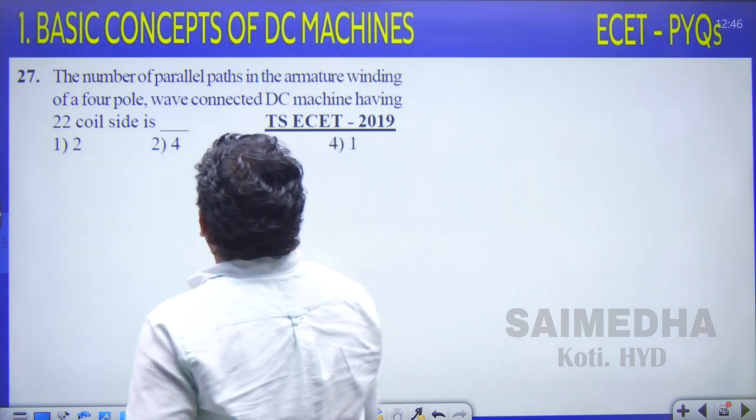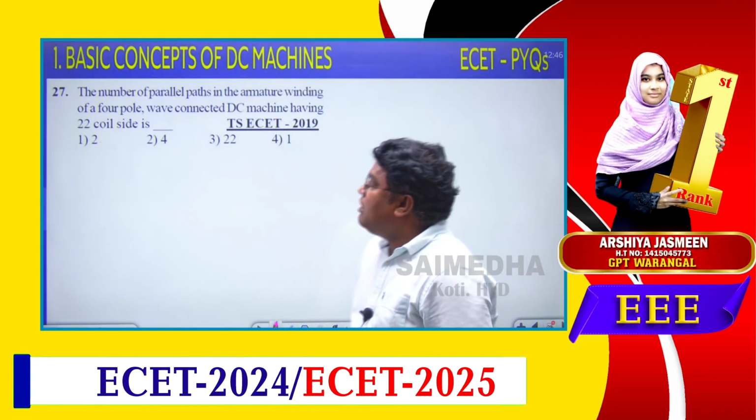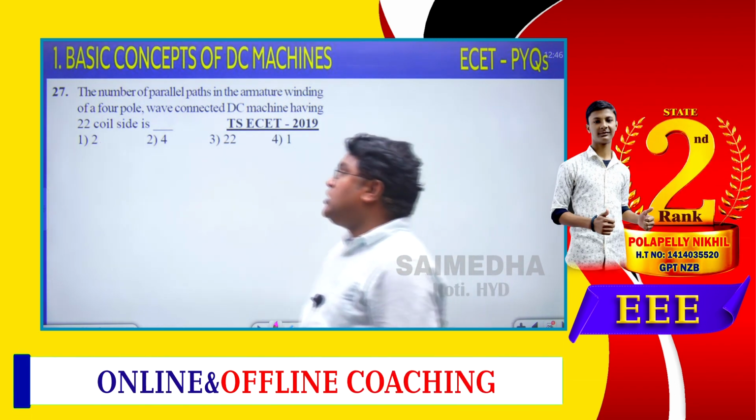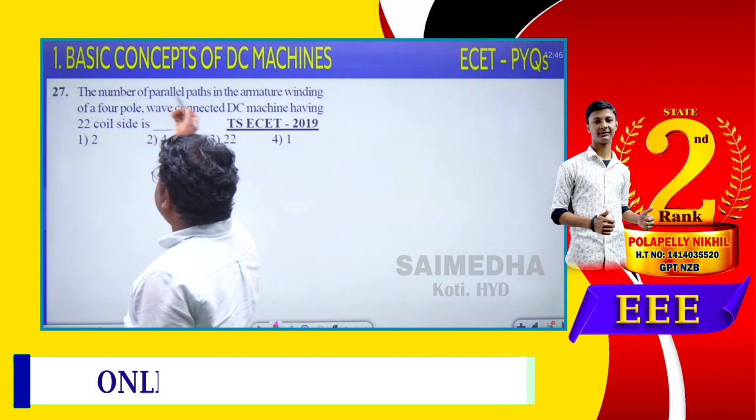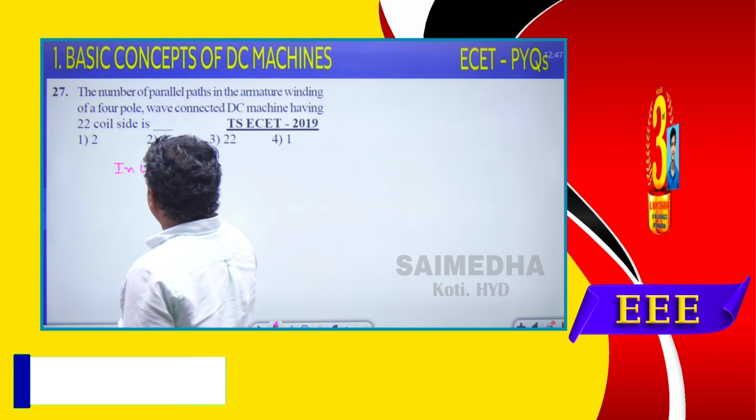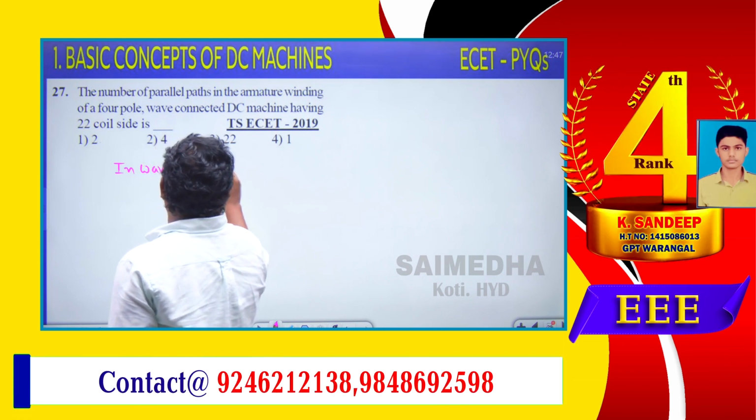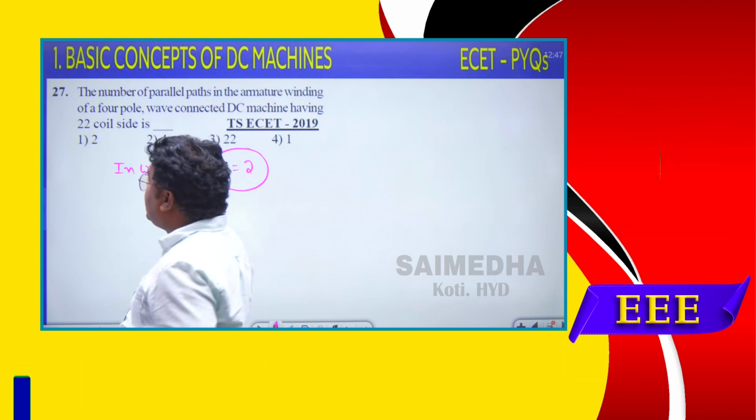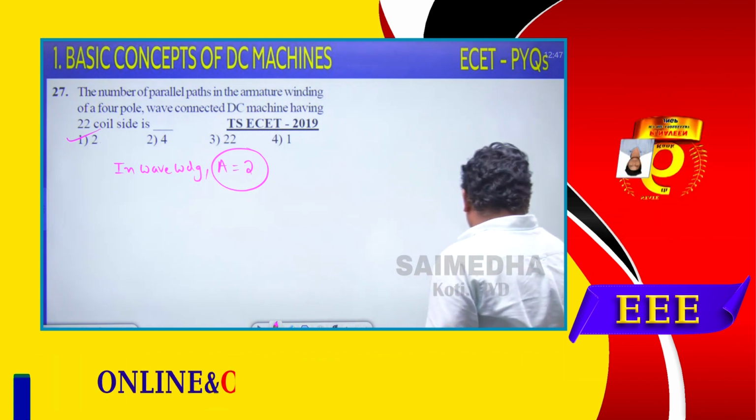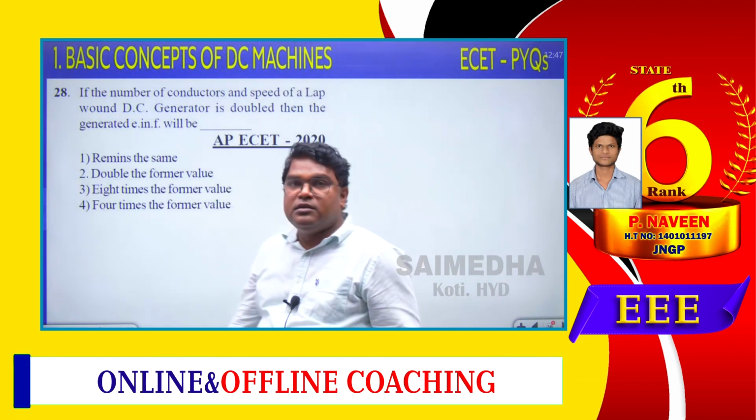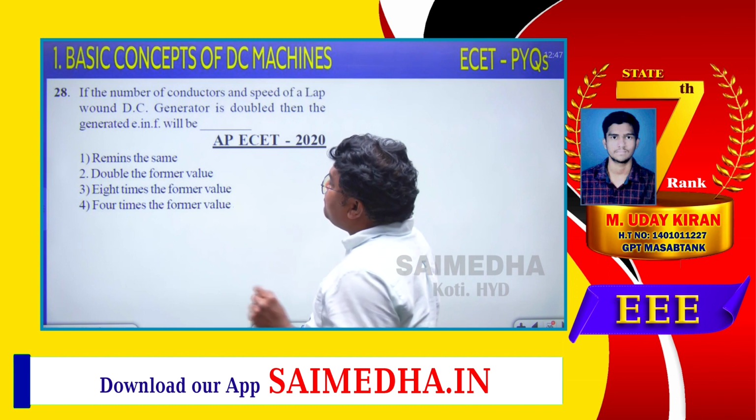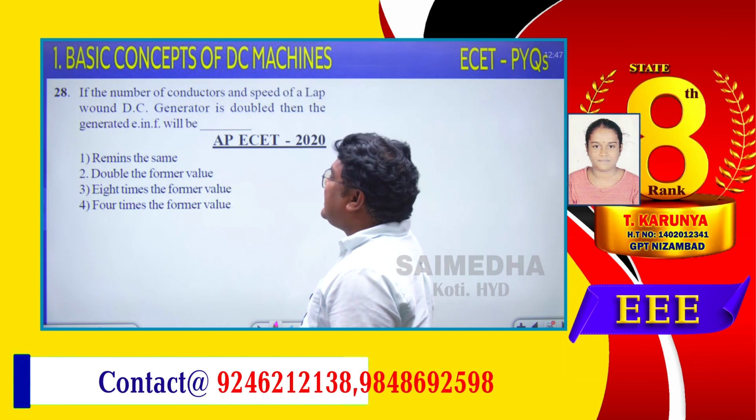The number of parallel paths in the armature winding of a 4-pole wave wound DC machine having 22 coil sides is. So in wave winding, the number of parallel paths is always equal to 2. So option 1 is correct for this question. And next one, question number 28. If the number of conductors and the speed of a lap wound DC generator are doubled, then the generated